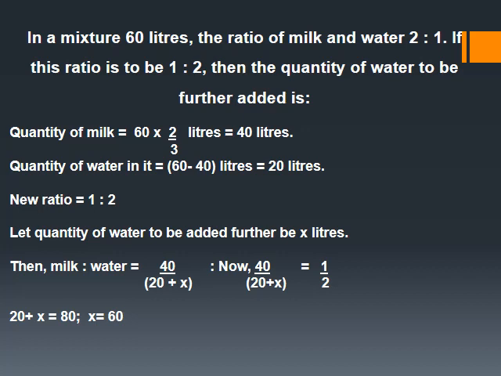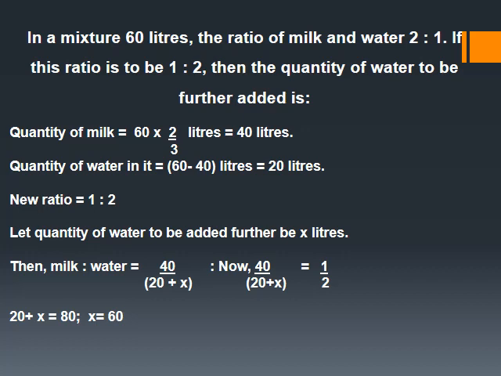40 divided by 20 plus x. Again I am repeating, 40 is the milk contained in the substance in total. Now we need a milk to water ratio, and the water right now is 20. We have to add x more to make a 1:2 ratio. So 40 divided by 20 plus x should be the ratio, but this new ratio will be 1/2. That is what we are planning to make. So 1:2, 1/2, so we do 40 by 20 plus x.